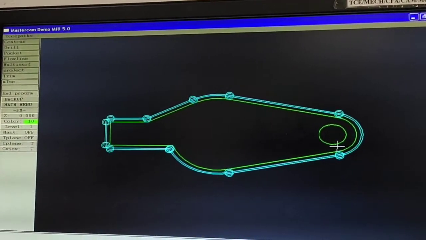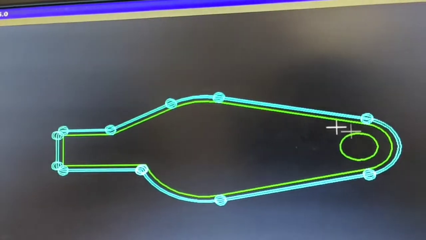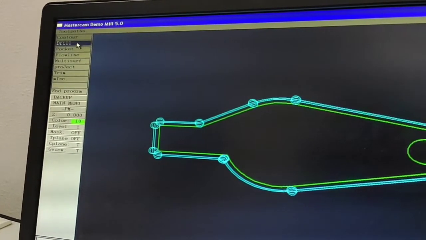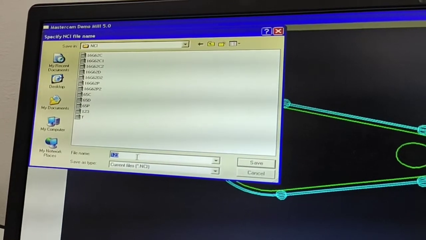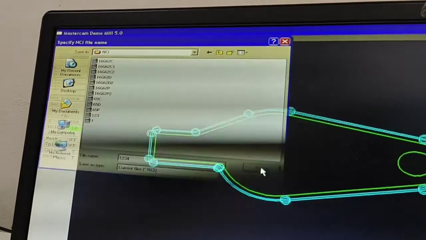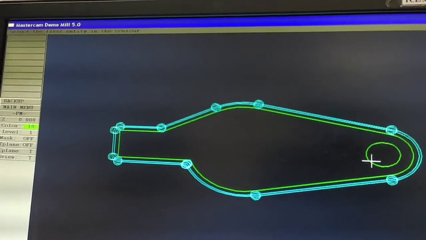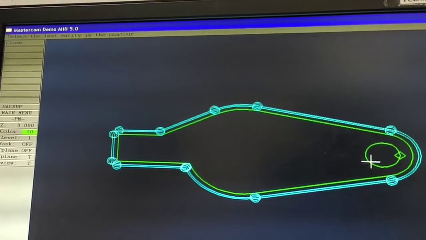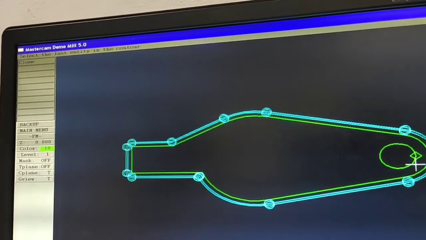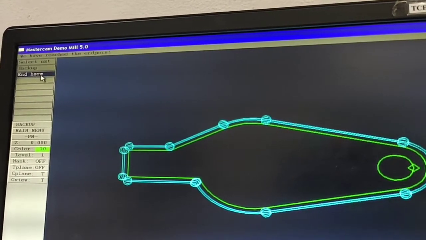Now we go to the pocketing program: main menu, toolpath, pocket. Here also it will ask the tool number and program number. I am entering 1, 2, 3, 4, save. Here also select the chain, the particular circle. Now I am selecting close. There is no change in the cutter face because this is one circle. Start from 0 to 0. Close, end here.